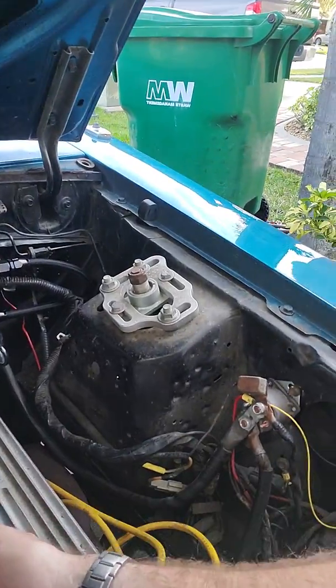Some of the stuff that probably hit the carb first might have a little bit of dirt in it, but that's fine. I kind of allow for that. But I'm hoping the fuel bowls have filled up. I'm going to cycle it one more time, and then I'm going to check these lines. See, like that, because